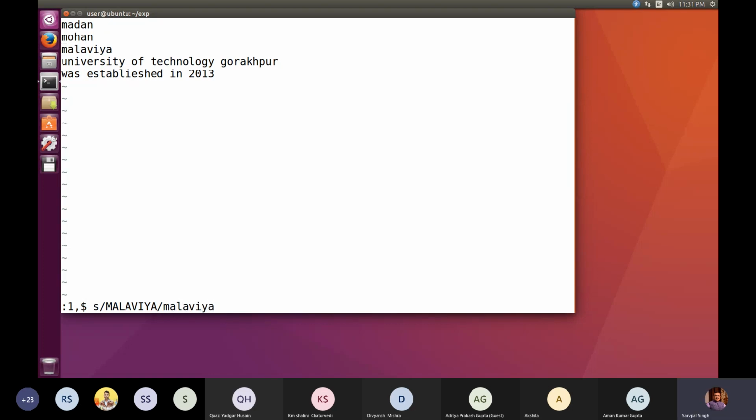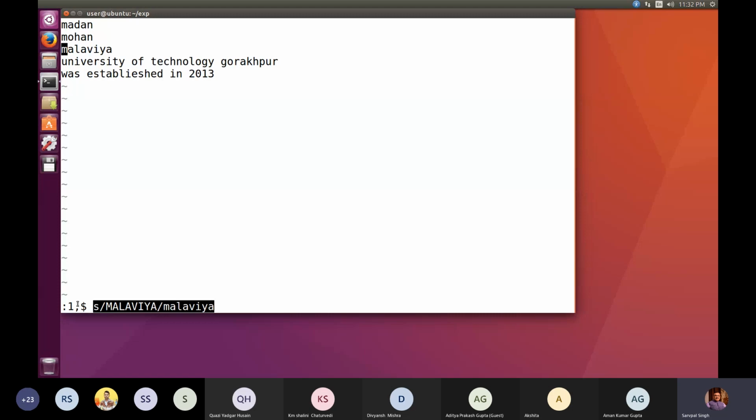So when I press enter, look at the impact, Madan Mohan Malviya, that Malviya is converted from capital to small. ठीक है, अच्छा, जब भी आप ऐसा करते हैं कि जब I am giving 1 comma dollar, so dollar is indicating the last line of the file and 1 is indicating the first line. That means with 1 comma dollar I am specifying the range of lines where this particular operation is to be carried out. ठीक है, तो फाइंड एंड रिप्लेस जैसे होता है वर्ड में, द सेम थिंग इज एप्लीकेबल ओवर हियर